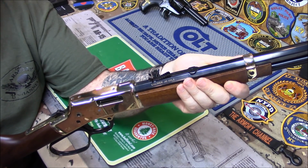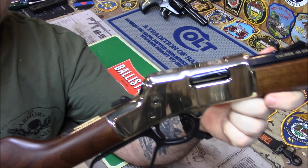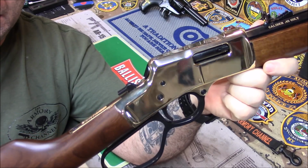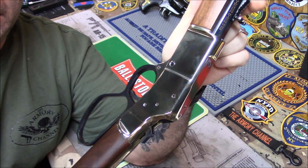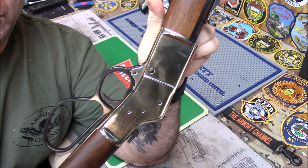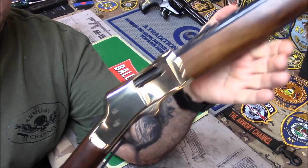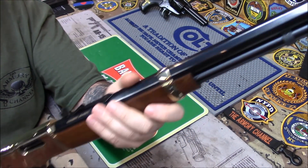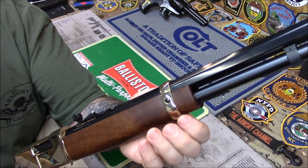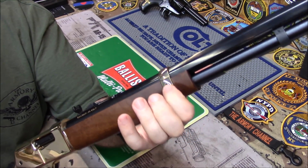This thing is really, really pretty, so I just want to show you up close. The Henry family are from New Jersey, okay? And they've been making these guns for a long time, and they do beautiful work. They're nice and hand fitted. This is American walnut. What I do like about the brass band, I like that the screw isn't just screwed